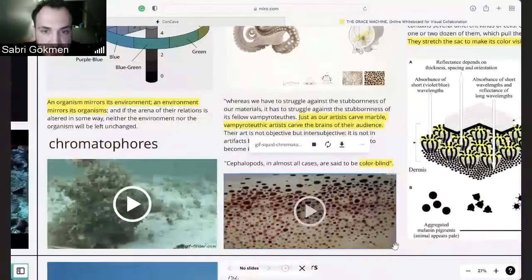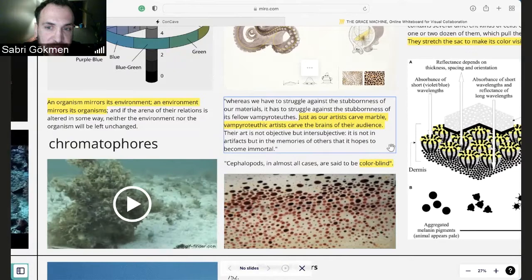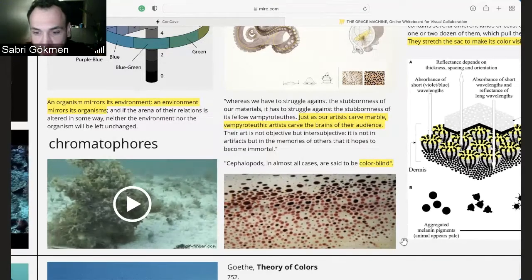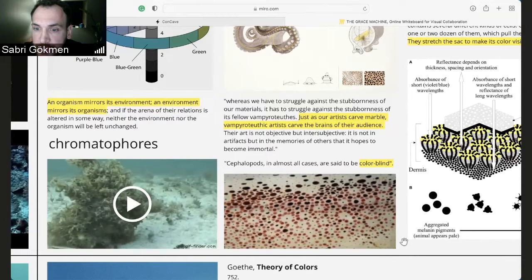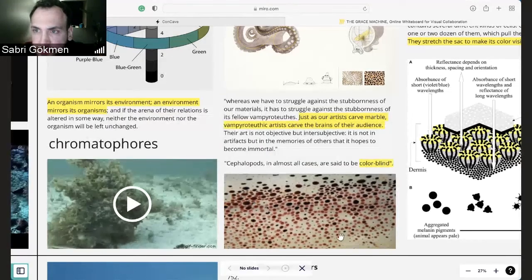This is also another interesting text by Flusser. He says, just as our artists carve marble, vampyroteutic artists carve the brains of their audience, right? And they are doing it automatically because the skin has intelligence built into it. It's almost like a bio shell, bio suit, so to speak. And the way the skin works, if we move to the diagram on the right,